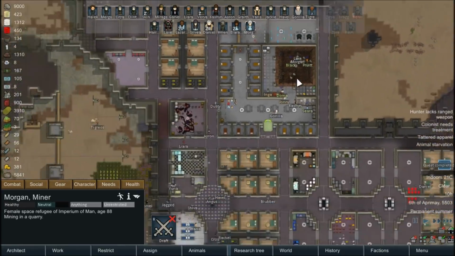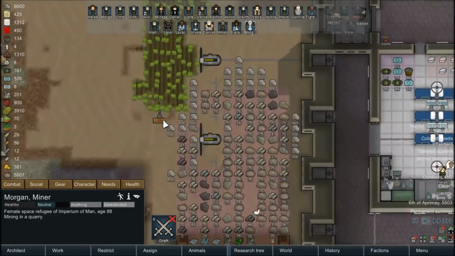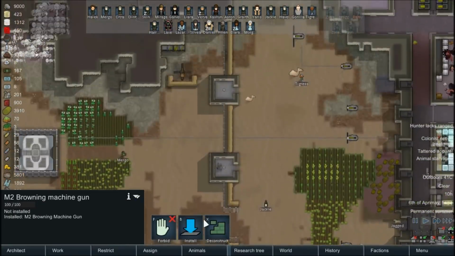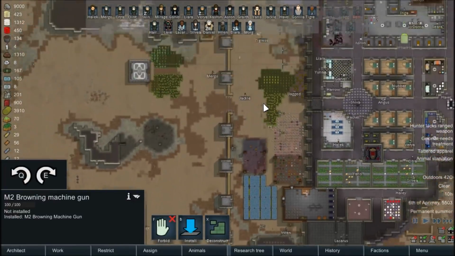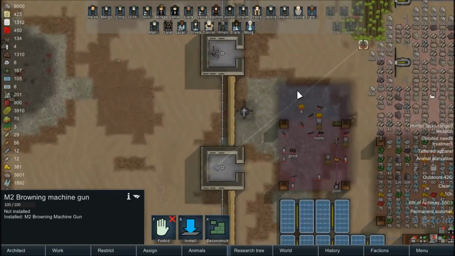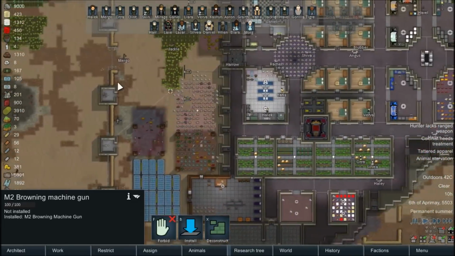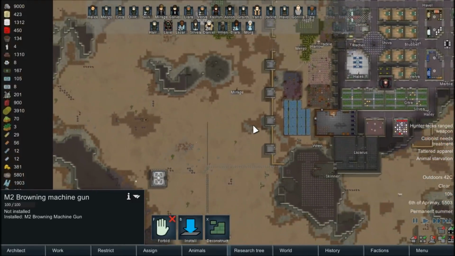Alright, so back to base. How are things going? Quest complete. There's our M2 machine gun. So I have one there and one here. Let's install this one. Where did we have it before? I guess let's just put it here. That's good enough. It's a lot of turrets concentrated in one area, but that area does see probably the most